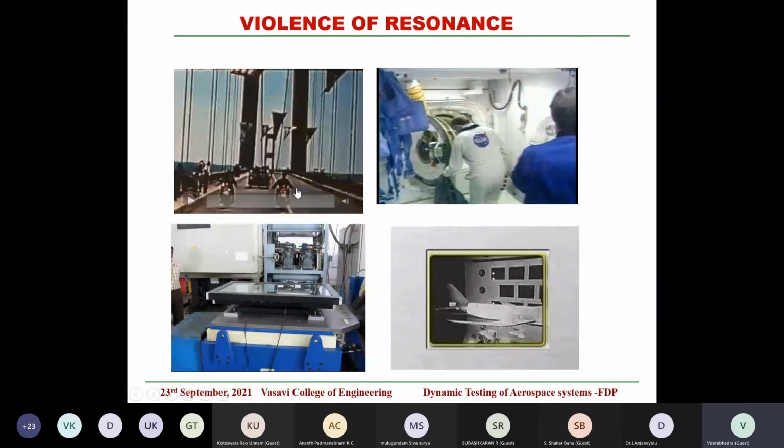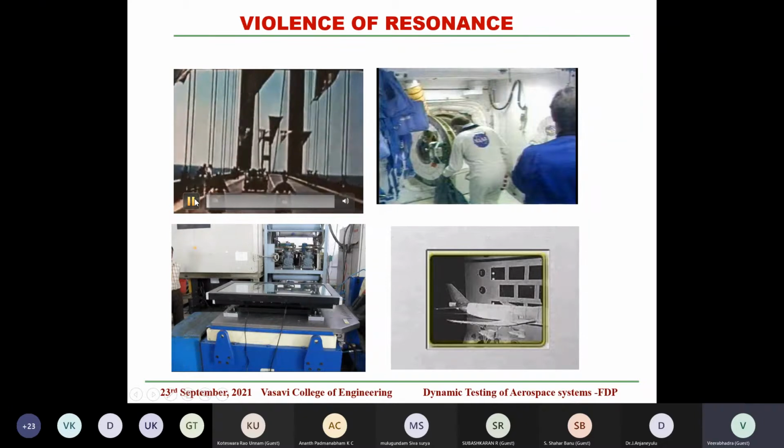This is the Tacoma Narrows Bridge. We all know that in 1940, wind-induced oscillation caused the collapse of the bridge. Similarly, the Challenger in 1985: seven crew members were lost due to O-ring deformation from the high vibrations and also temperatures. Similarly, we have flutter seen in a number of aircraft, and one of our systems, a ground system called a rugged PC, also failed due to vibration. I'll play the videos one by one for your understanding.